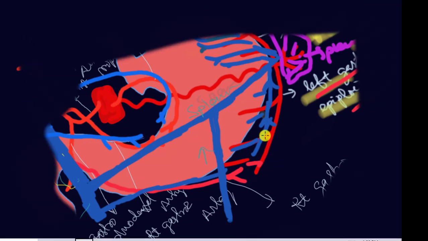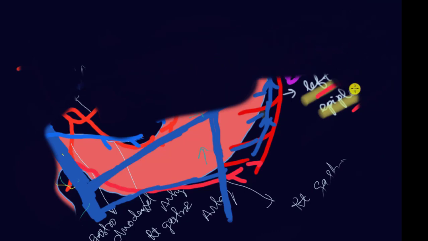Any doubt? Now we'll see the lymphatic drainage, and our chapter will be finished. Only after the lymphatic drainage will our stomach chapter be finished. Here we find the stomach, then the lesser curvature, in this way. So this is the stomach. At this level, we'll divide the stomach into two parts.